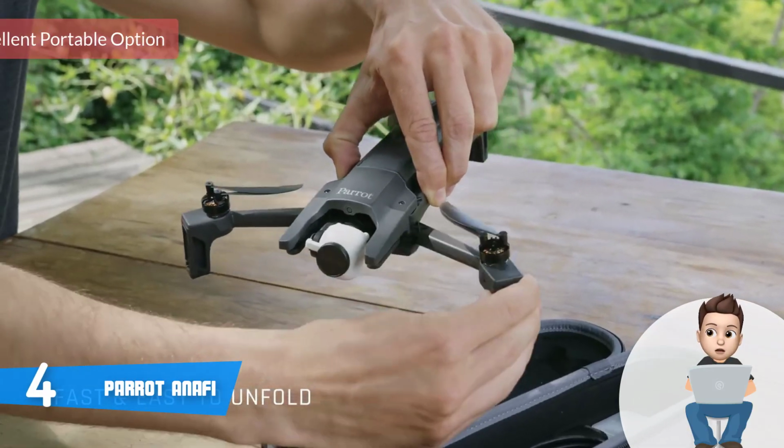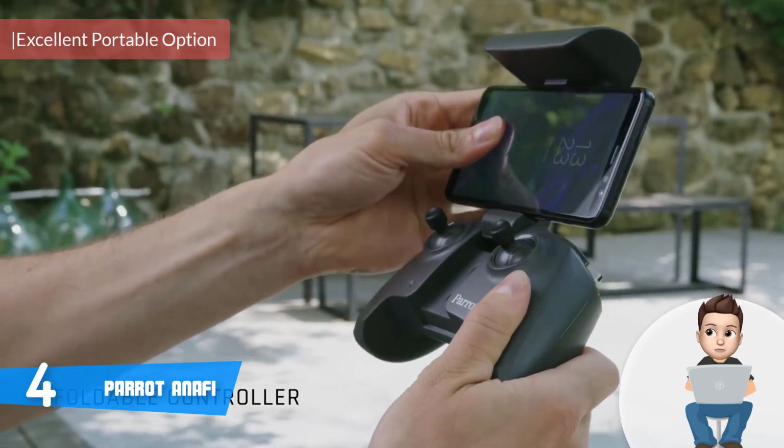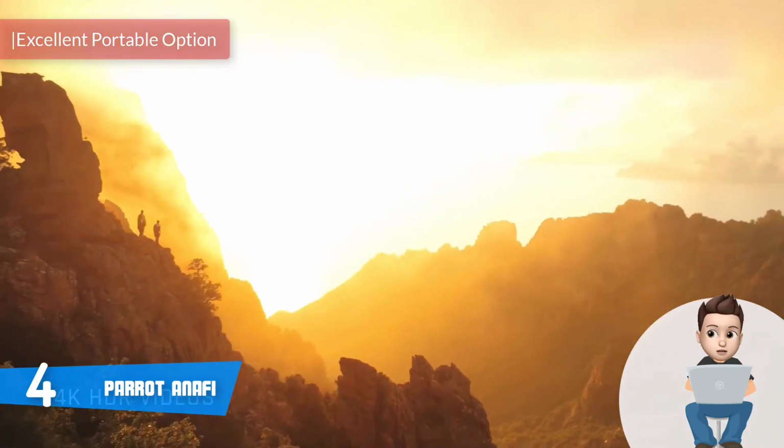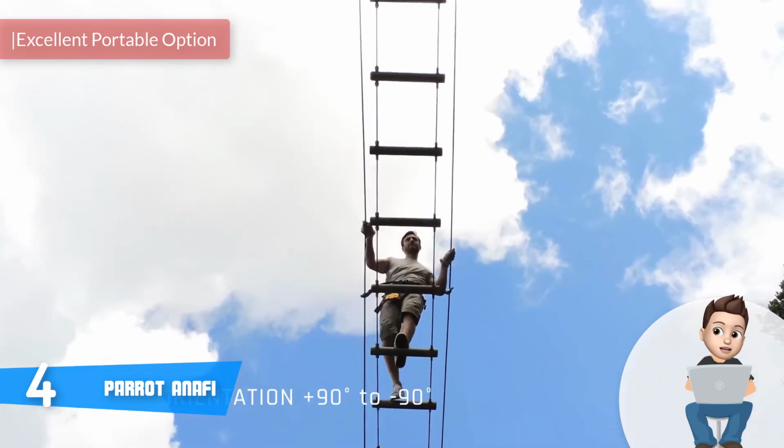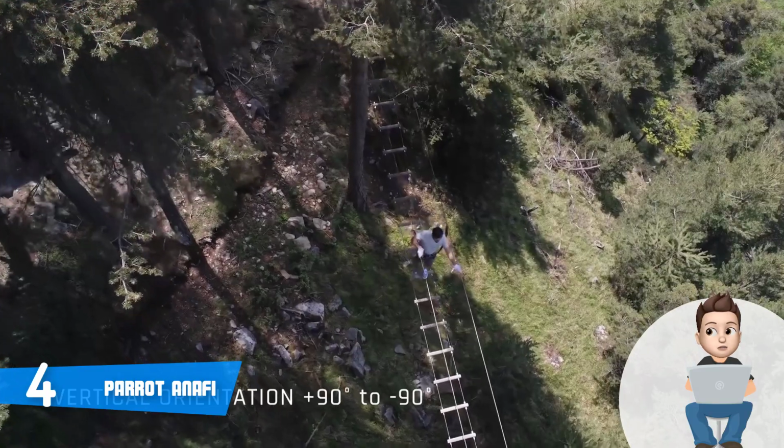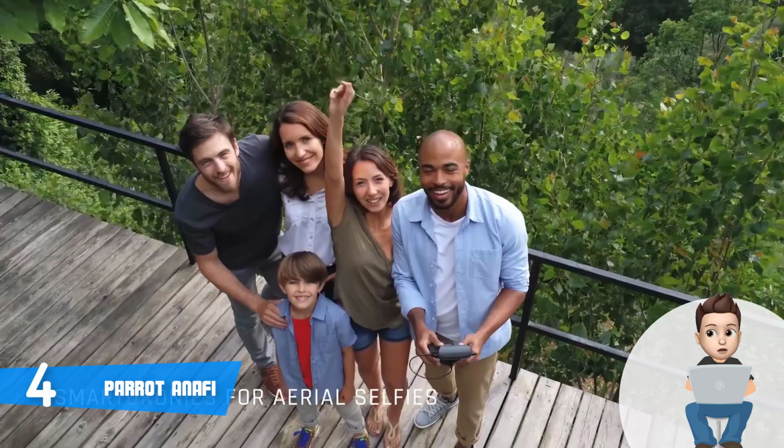Moving on, at number 4, we have the Parrot Anafi. The Parrot Anafi would be a really good option for you, if you're looking for an exceptionally compact quadcopter that comes with a 4K HDR camera and a long battery life which will allow you to capture wonderful photos and